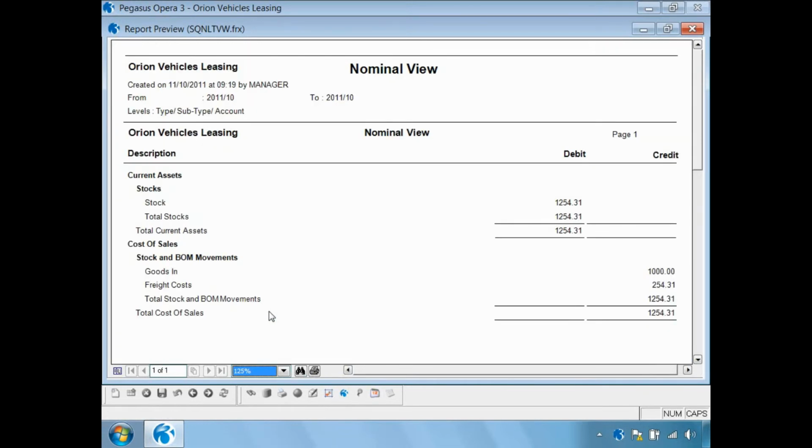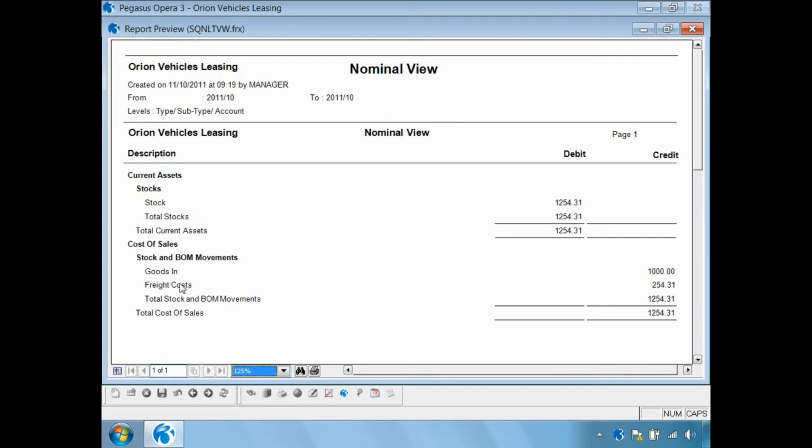So, why are we getting these nominal ledger postings? Well, the stock account in the current assets and the goods account in the cost of sales are defined as accounts within the nominal ledger set options. It is also possible to define the landed cost inward account in the nominal ledger options, but it's also possible to override that nominal code in the landed cost groups and even on the landed cost types, as we saw earlier. In my example, I had three landed cost types on this receipt to the one nominal account of freight. Of course, I might want to have had them posting to their own individual nominal accounts. The actual nominal postings that will be made will vary for each individual customer based upon how they've set their